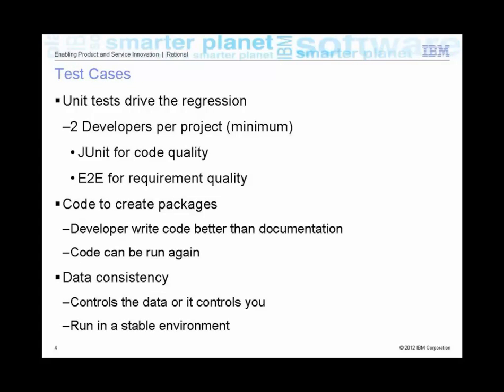Now that we have unit tests, and if you remember from before, our unit tests are code. They're first-class citizens in the project, same as the regressions, because they're just another variant of our unit tests. They're all first-class citizens. They're maintained as code in the project. We can run them again at any time. And because of that, we do have an issue with data consistency.